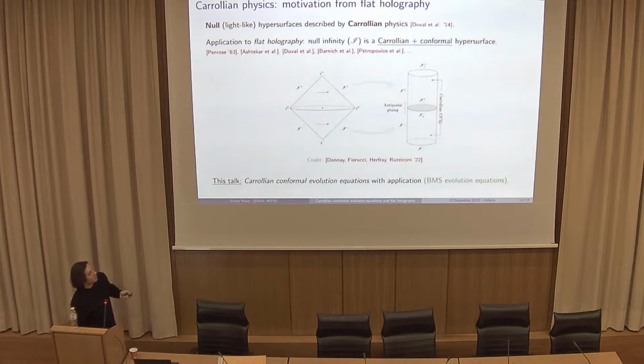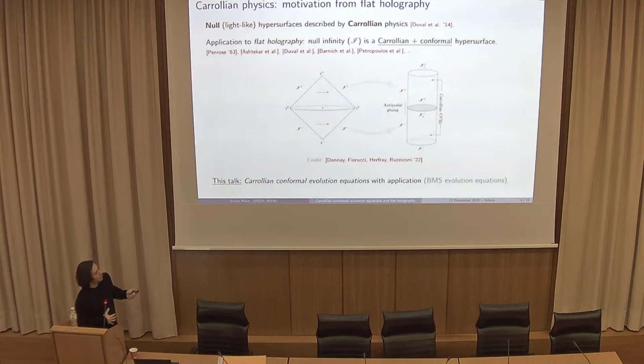So if I start with Minkowski space, or asymptotically Minkowski space, and I do a conformal compactification to draw this Penrose diagram, I can consider the conformal boundary of this manifold that we call null infinity. There are two pieces, future and past null infinity. And this is going to be a Carrollian manifold by virtue of what I said. And since we are doing a conformal compactification, it will inherit a conformal structure.